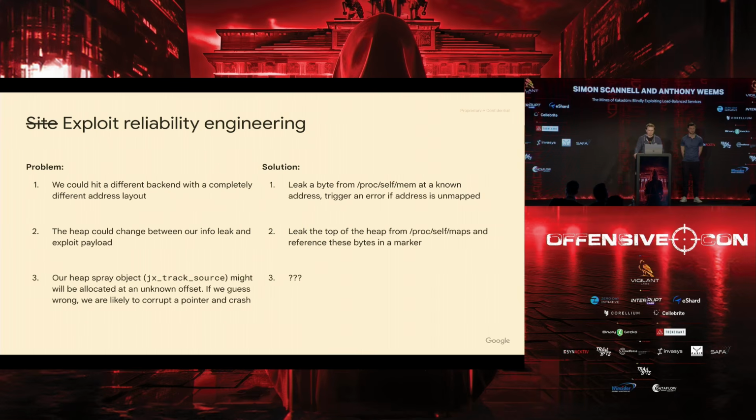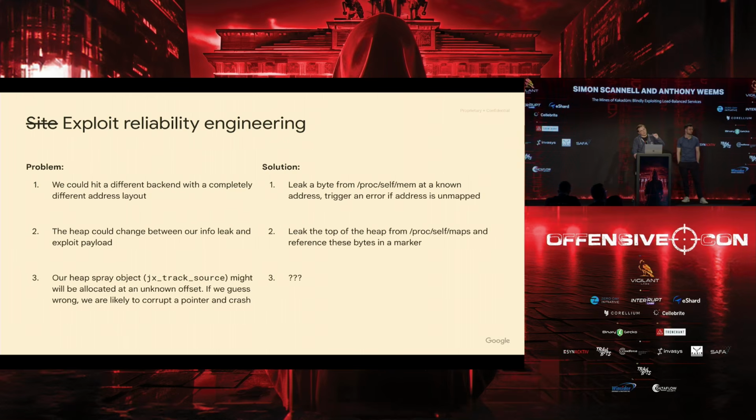We don't crash anything. The next thing that can happen is maybe the heap might change, right? We need to know the address of our image buffer, and if we're wrong about that, then we could cause some problems. So the way we get around this is we do another file read to proc_self_maps in the exploit payload.